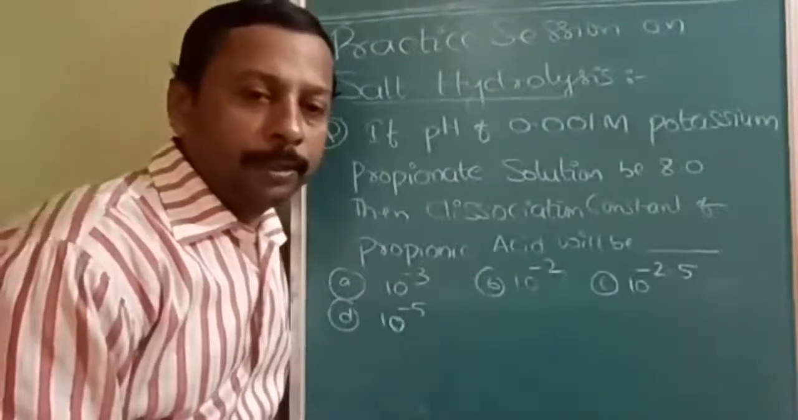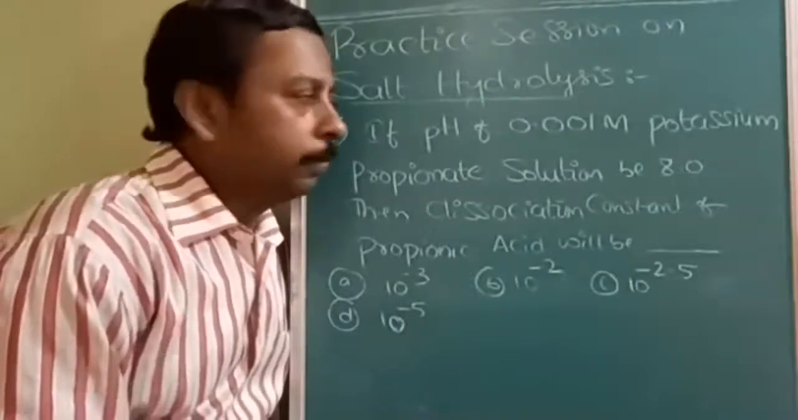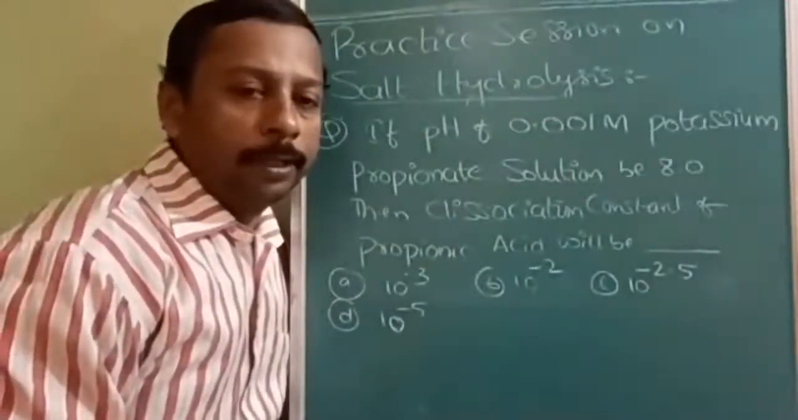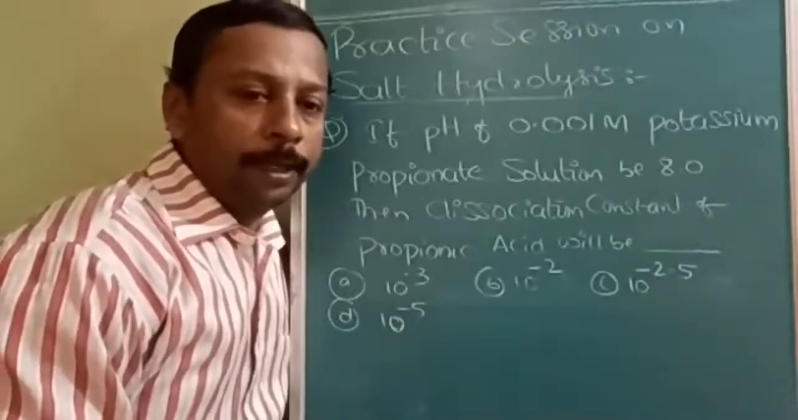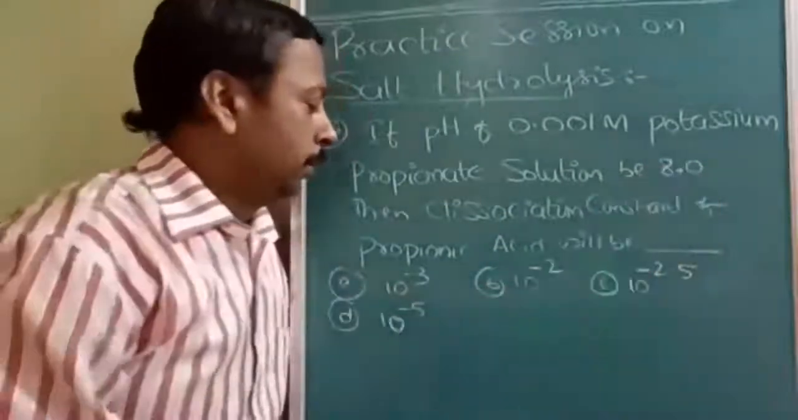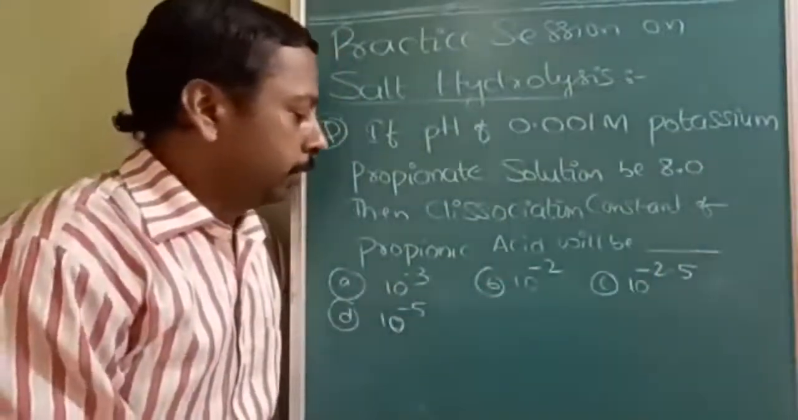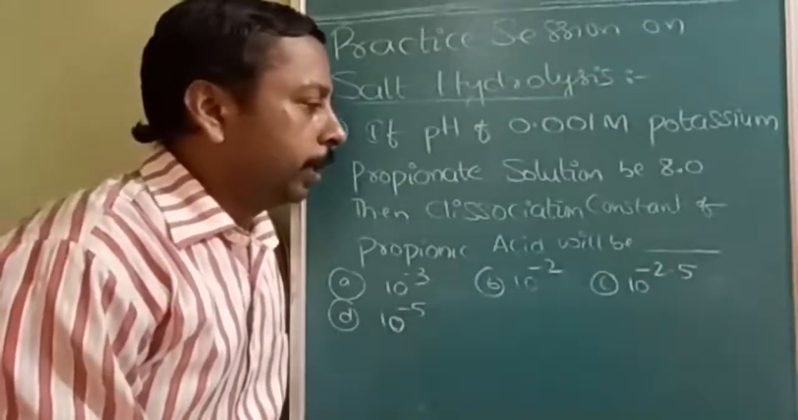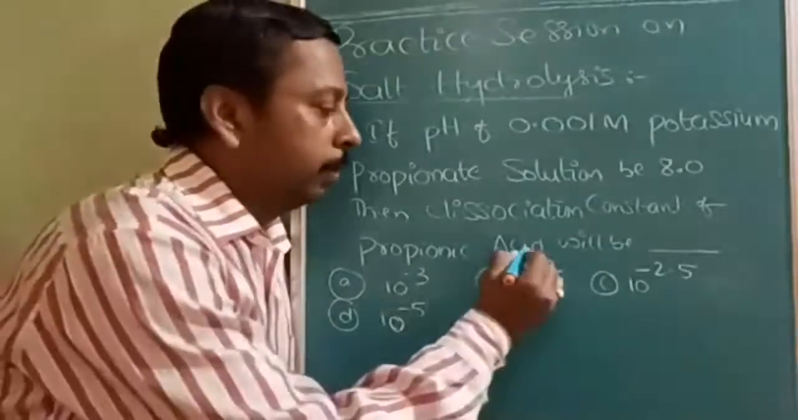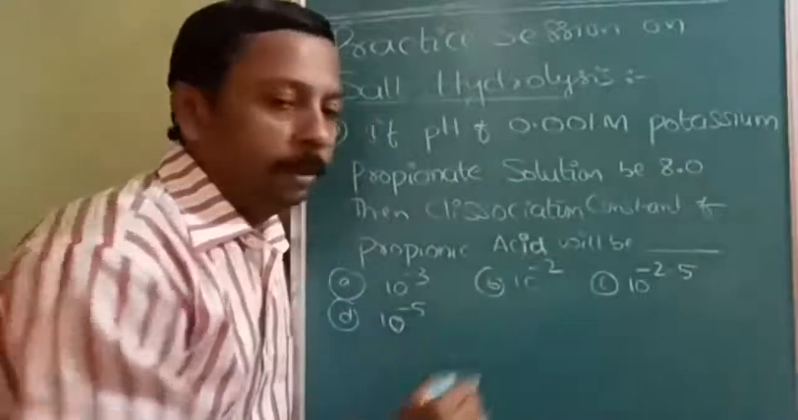Next question: if the pH of a 0.001 molarity potassium propanoate solution is 8.0, then the dissociation constant of propanoic acid will be...